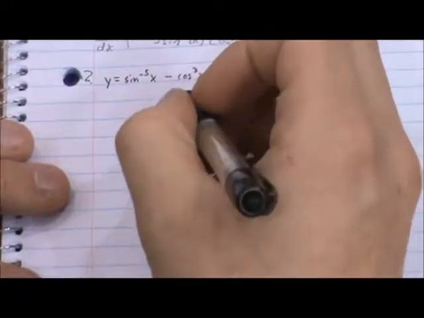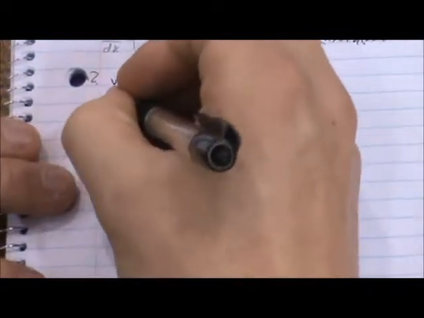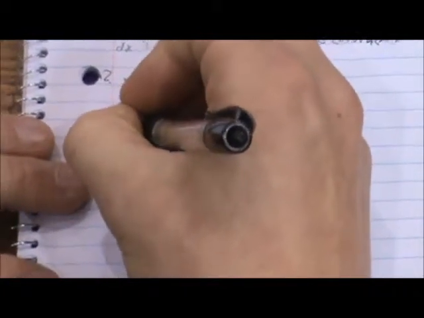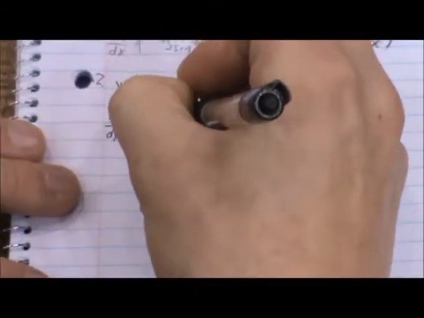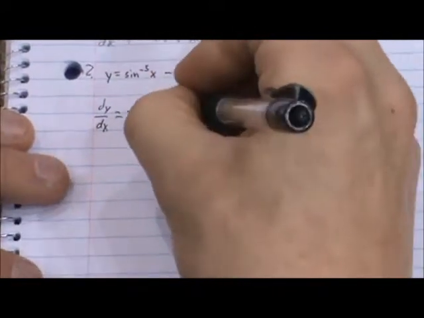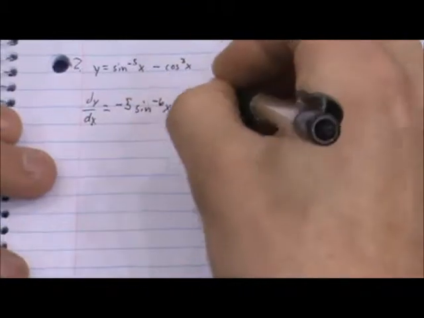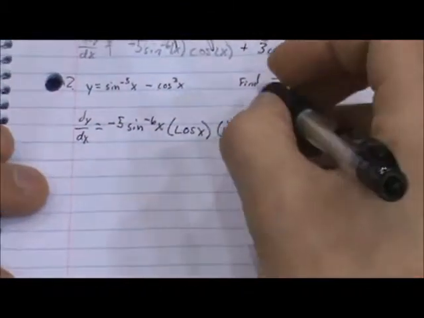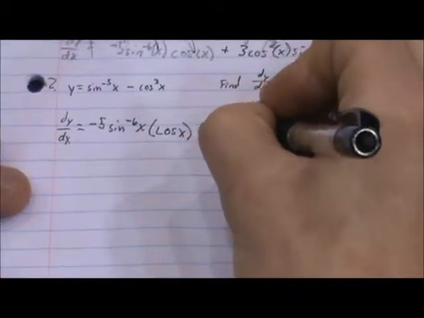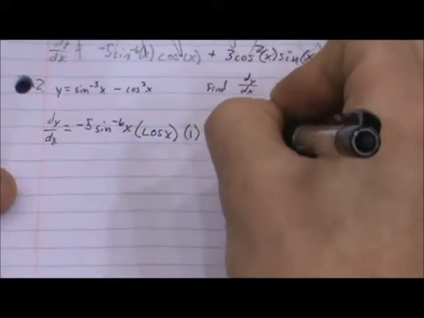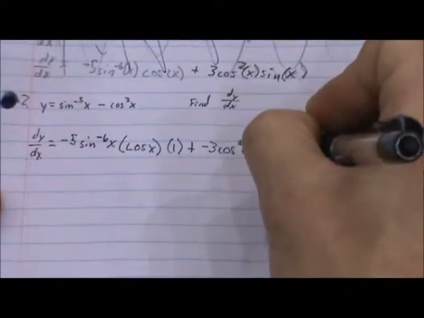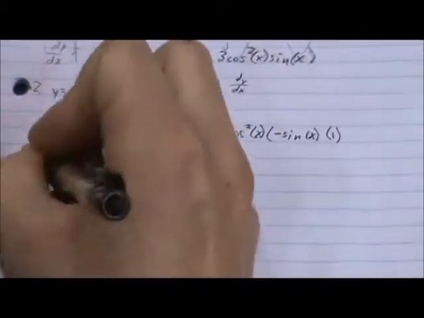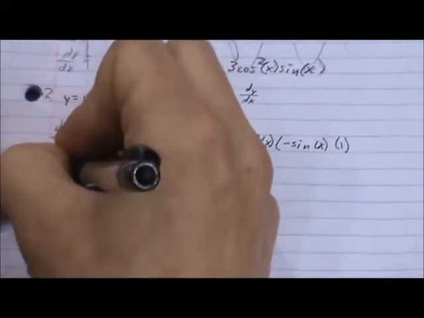To find the derivative of sine to the negative fifth x minus cosine 3 to the x, you take dy/dx will equal negative 5 sine to the negative 6x times the inside, which would be cos of x, times the inside of that will just be 1, plus the second part, which will be negative 3 cos squared of x, times the inside, which will be negative sine of x times 1, which will simplify to